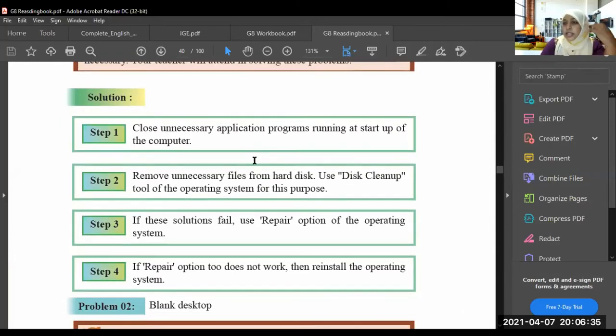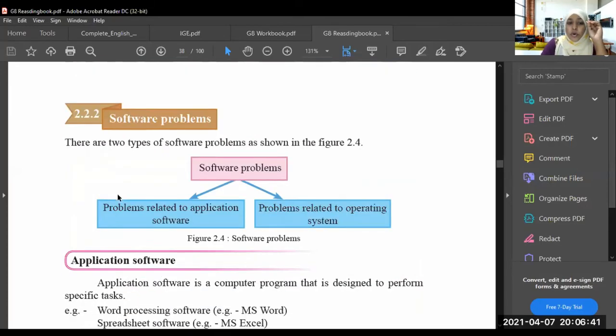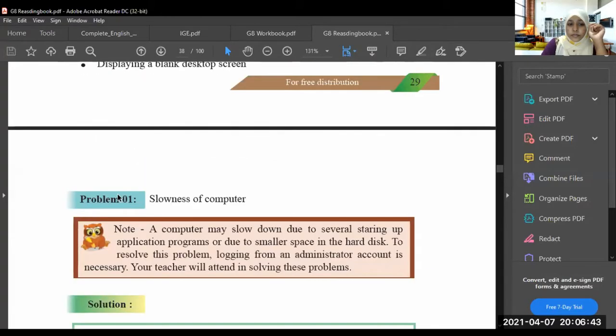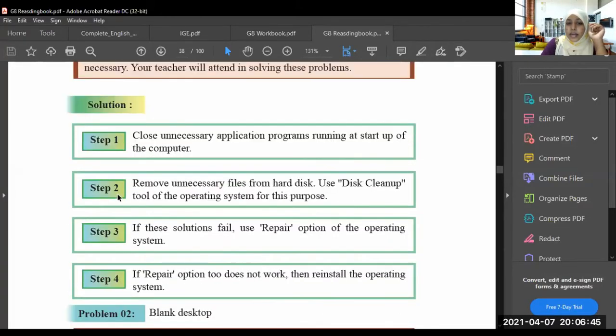Okay, still it is slow. If it is still slow, then go to step 2. Remove unnecessary files from the hard disk. Use the disk cleanup tool of the operating system for this purpose.